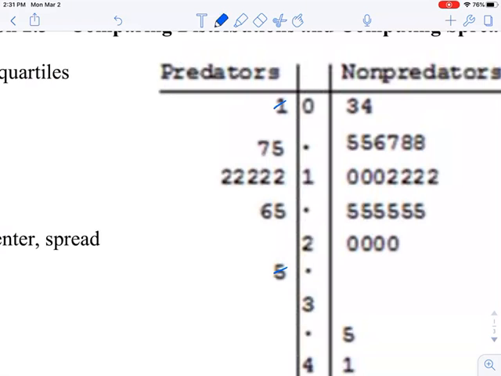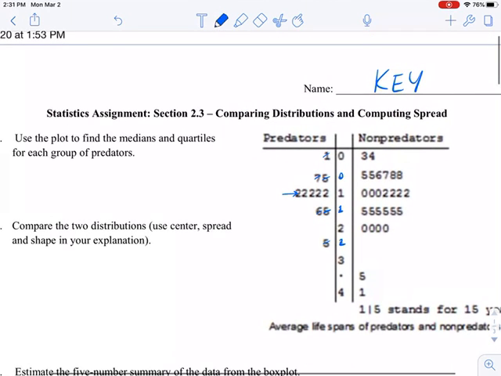This is a little bit hard to look at, but this actually goes 0, 0, 1, 1, 2, 2, etc. It split the numbers into groups of 5 instead of groups of 10. Anyway, I'm going to keep following this pattern going from the lowest to the highest, and what I see here is that my median is going to be right in the middle, right there at 12. So for the predators,